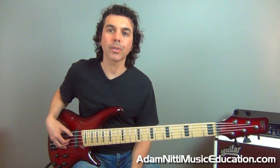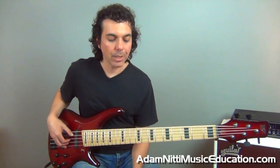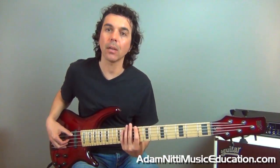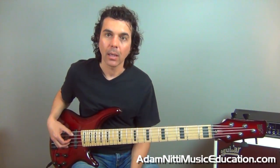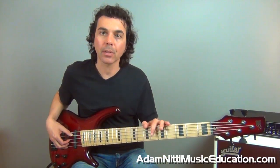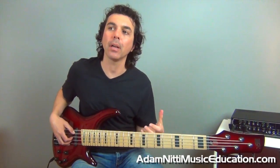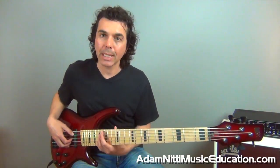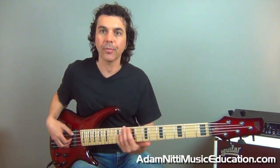So those are your sequence groups 2s through 7s, and we just applied those to the 3-note per string major scale pattern starting on C, 8th fret E string. Now, once again, you want to apply these to all of your modal patterns, and the way I recommend working on these is that if you already have a practice routine in which you're working on your modes through a different key each day, where you're stepping through every modal pattern on the fingerboard all the way up and all the way back,